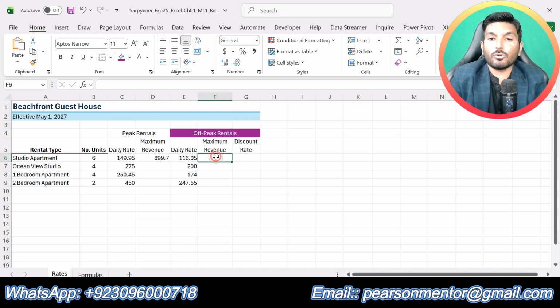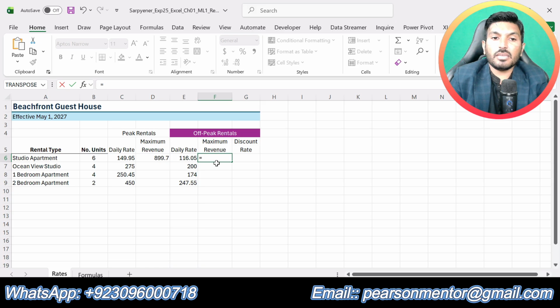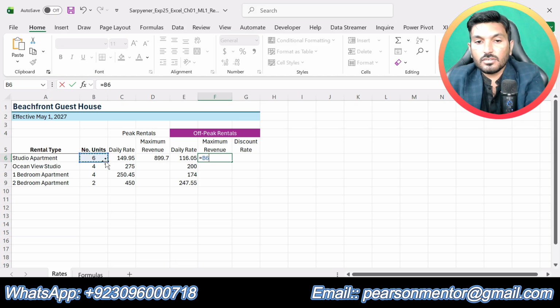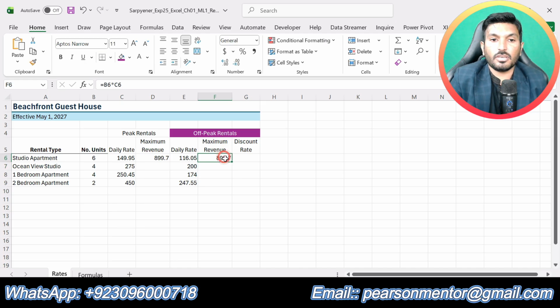So here we are supposed to calculate the off-peak maximum revenue that we can calculate by multiplying number of units with the daily rates. Okay,